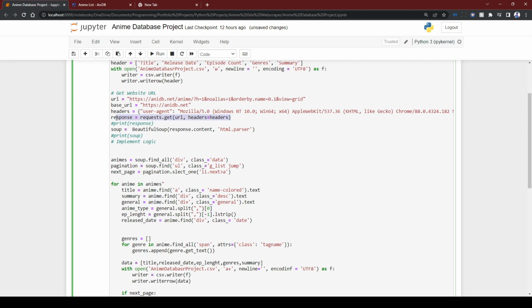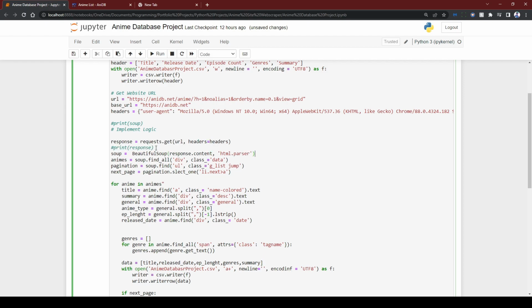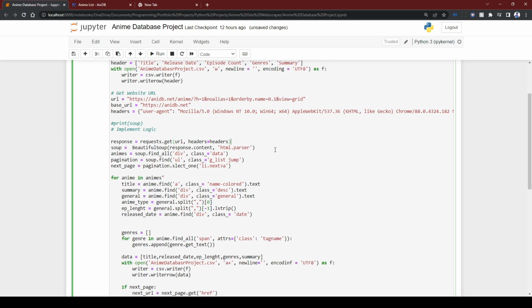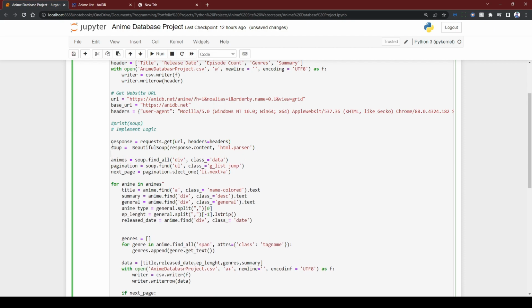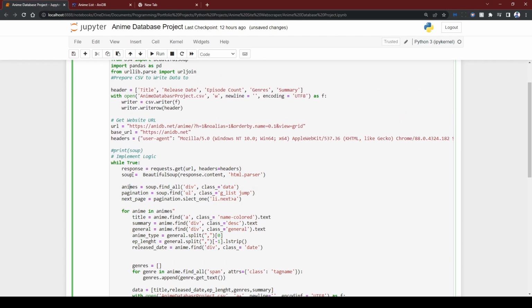So what I'm gonna do is I'm gonna get these two right here. I'm just gonna put them a little lower. I don't need to put them a little lower. So while these pages exist, I'm gonna go while true. So while this is true,